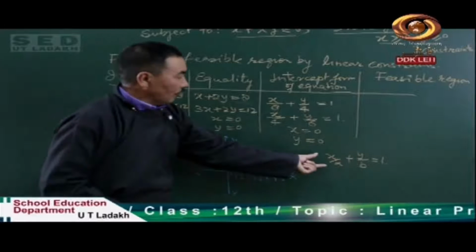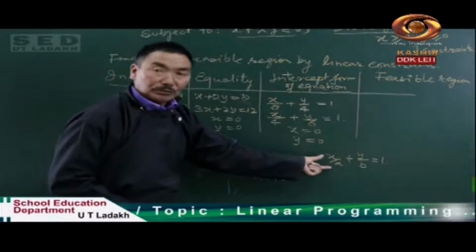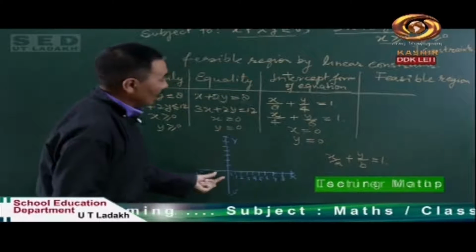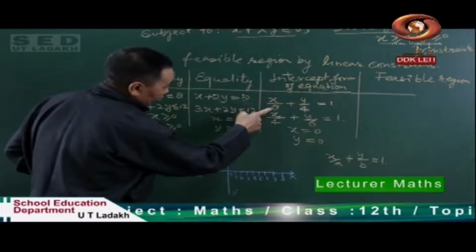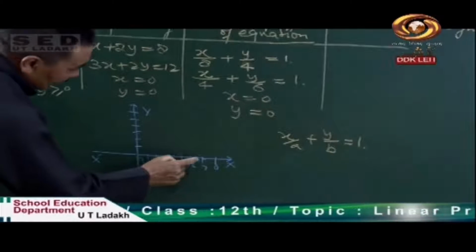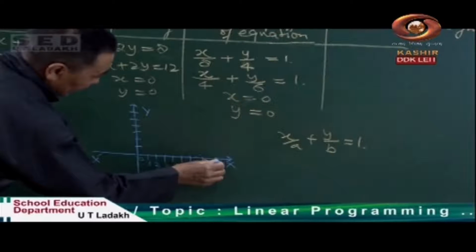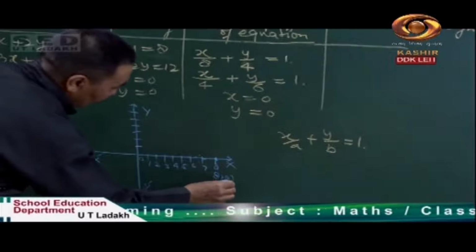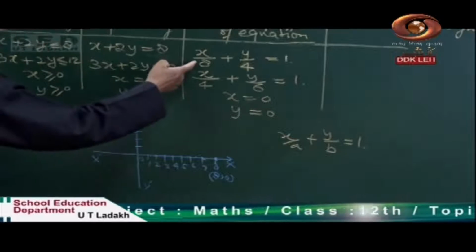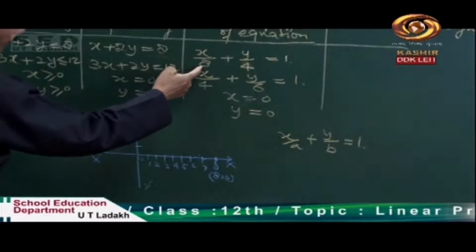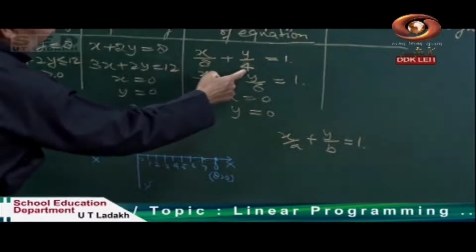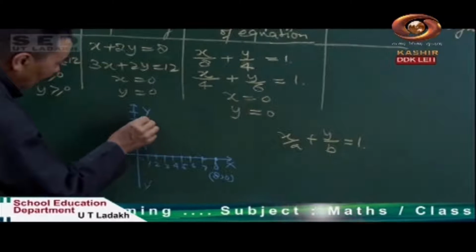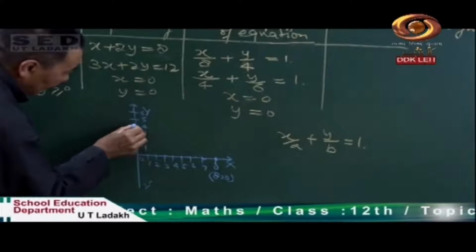In the intercept form of the equation, yesterday we plotted this kind of equation. So today we are going to plot these two equations in the graph. The x-intercept is at 8. The line intersects at 8, that is x equal to 8 and y equal to 0. The x-intercept is at 8 and the y-axis intercept is at 4. 1, 2, 3, 4, 5, 6. The 4 is over here.